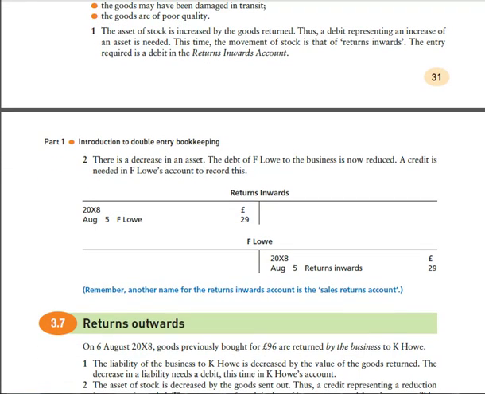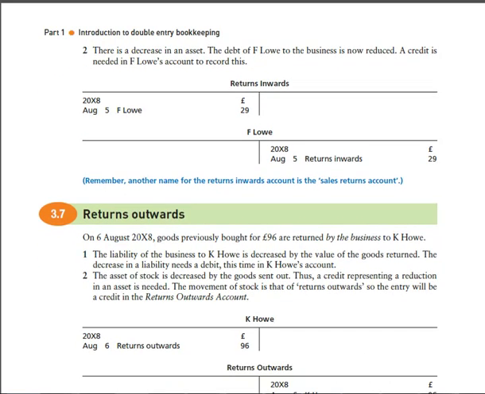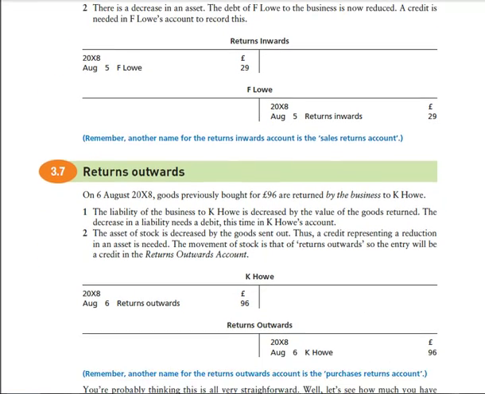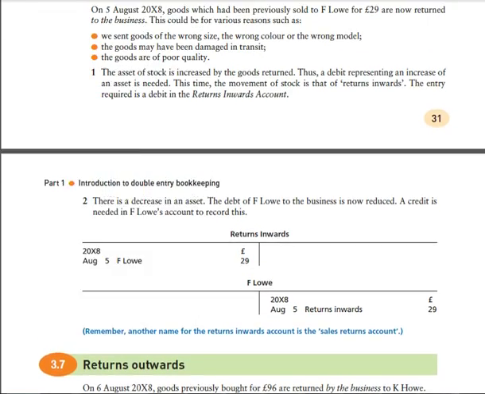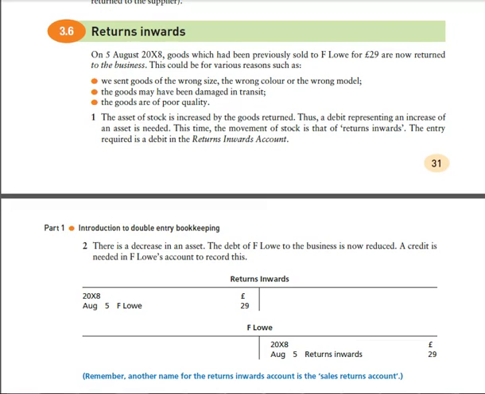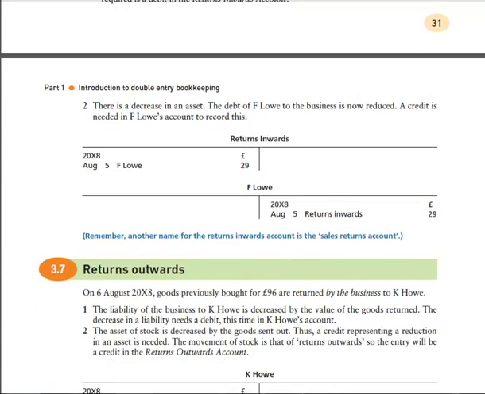Moving on to the last entry, which affects the stocks, it is the return outwards. Return outwards, as the name suggests, means any returns that is going out of our business. This means that whatever we had purchased from our suppliers, we are not happy due to the three reasons that we explained above, which is either damaged goods or poor quality goods or the wrong size or color,